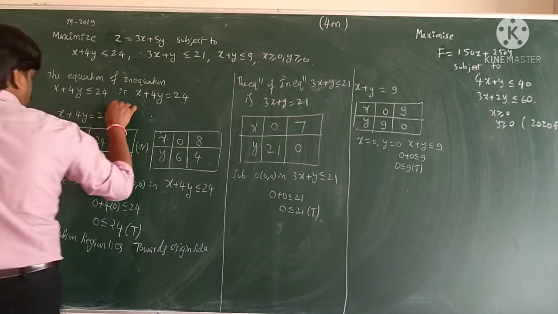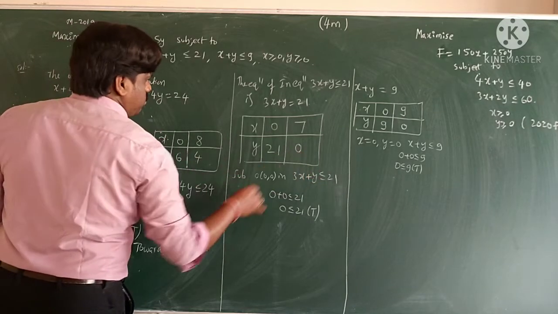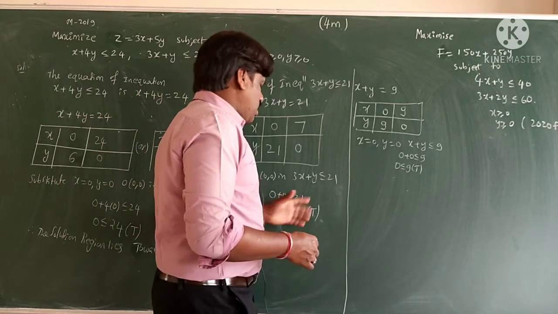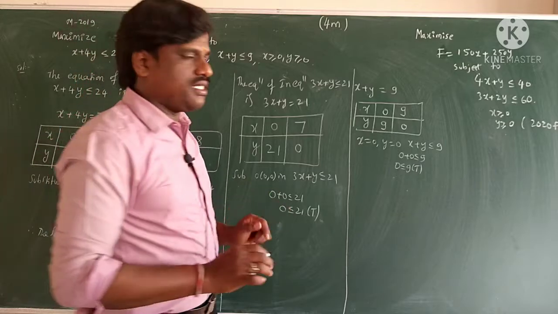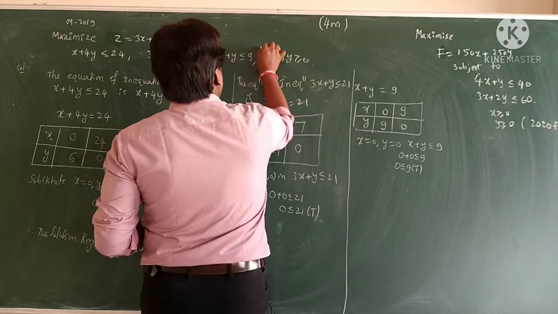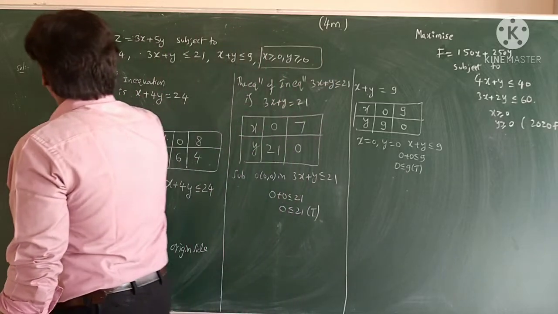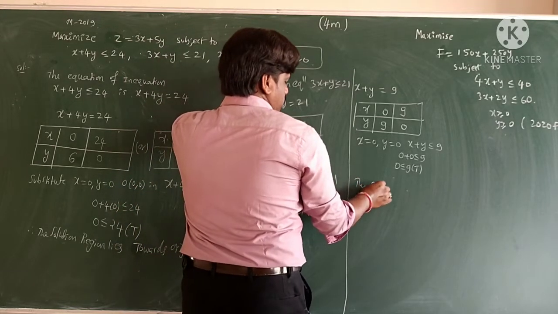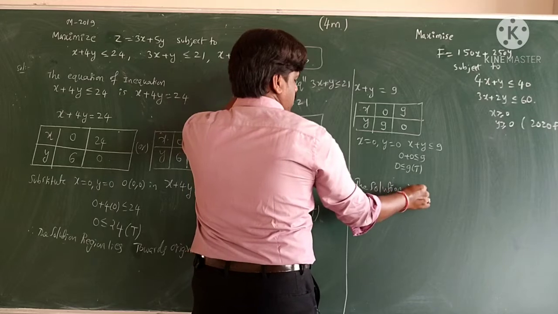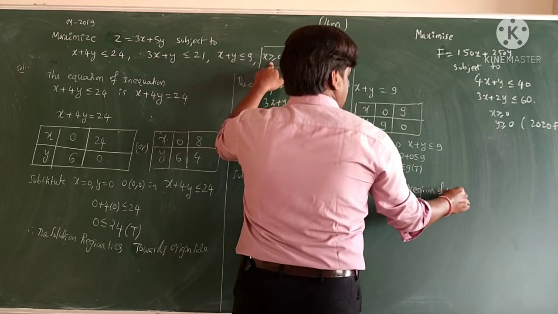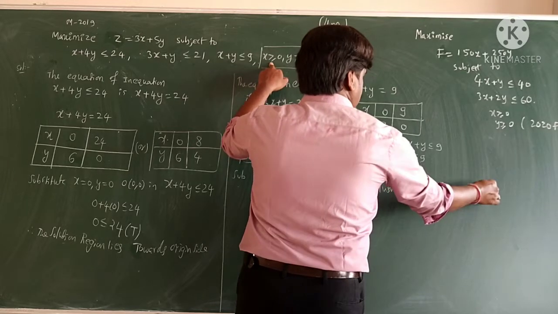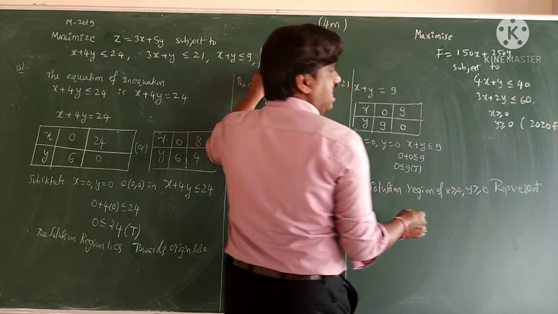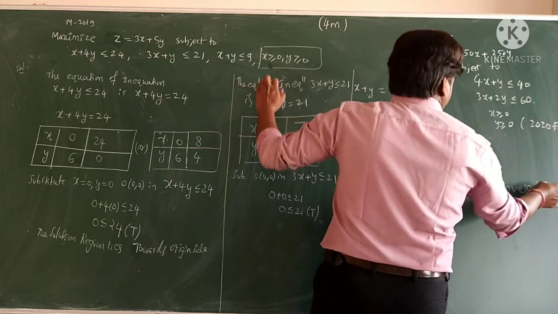So we can say that the solution region contains the origin side. See the first where I wrote; in the same way you have to write for these two also. Once I wrote, next time I am not writing. So all three you got as towards the origin side, clear? And this one you always have to write in the beginning only. Whenever it is given, the solution region of x greater than or equal to 0, y greater than or equal to 0 represents quadrant 1. Yesterday I explained this and showed the graph of this.